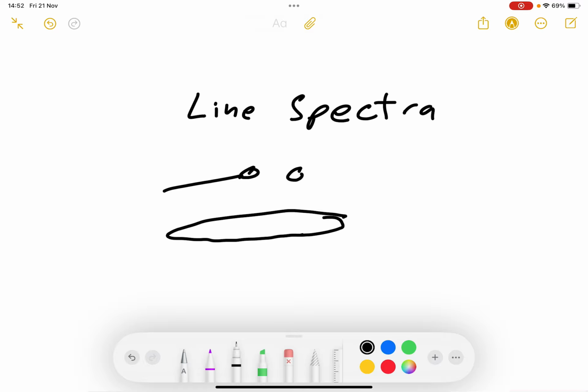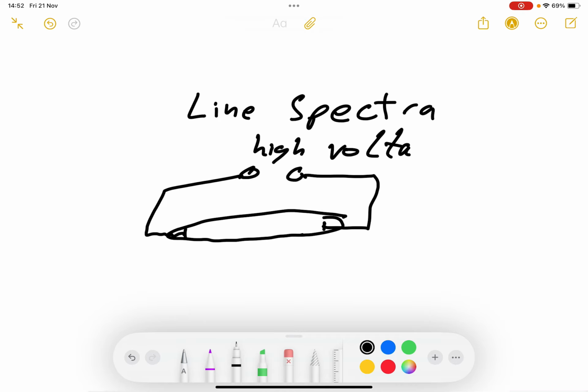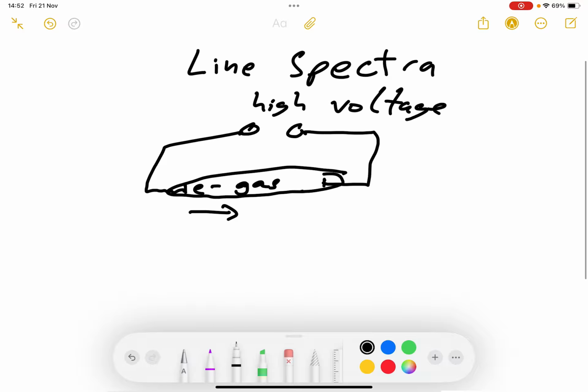We need a glass tube. We need a high voltage, and then we have some gas in here, and because of the voltage, electrons are accelerated down that tube, and we have atoms, and the accelerated electrons collide with an electron in the